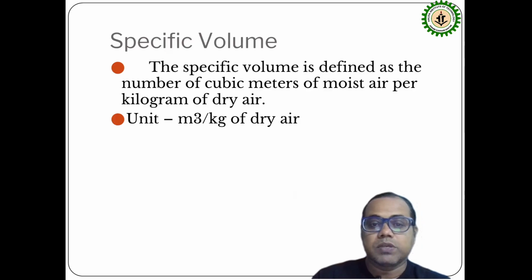Now, specific volume. Its unit is meter cube, which you all know. Specific volume is just the reverse of the density. It is defined as how much volume of moist air there is per kg of dry air, meaning meter cube per kg of air. That is, 1 kg of dry air contains how much volume of moist air. That is known as the specific volume. We can calculate this either by the psychrometric chart or by a formula. Different formulas are there by which we can calculate specific volume, density,